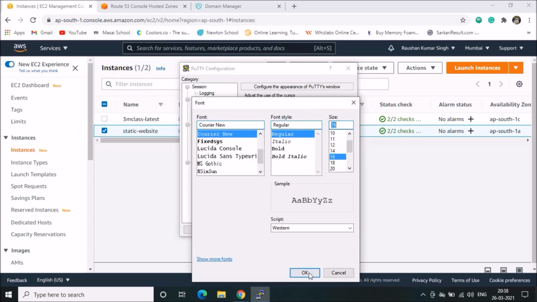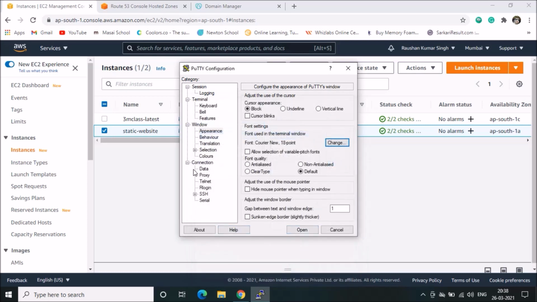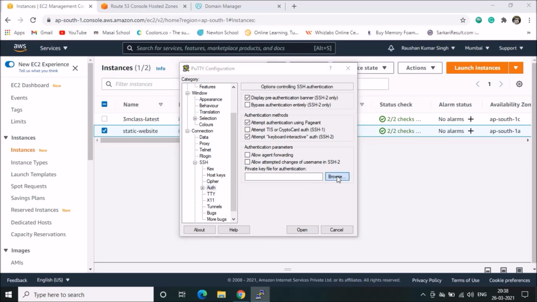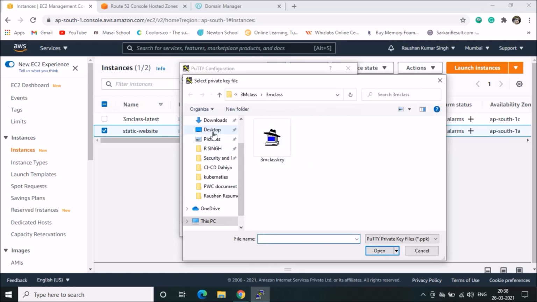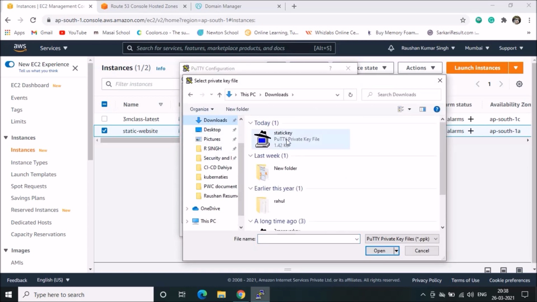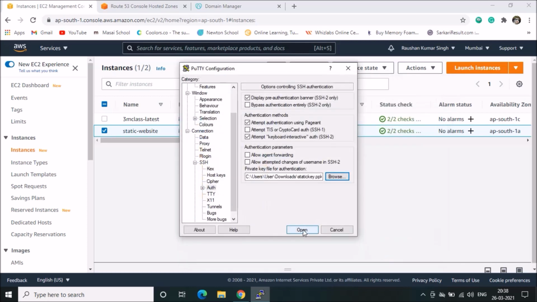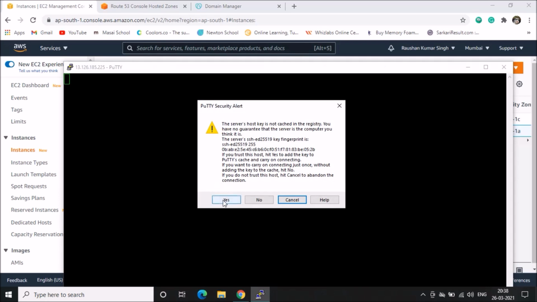I'm taking 18. Then SSH, then auth, then I will select the ppk file. It is in downloads, the static key. Okay, then open. Yes.